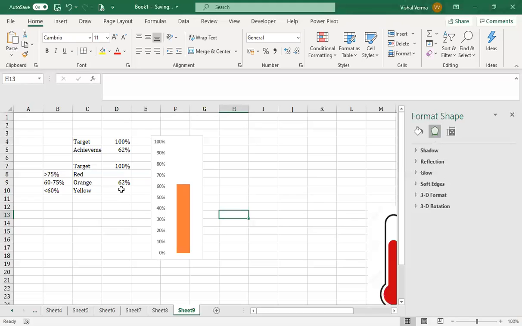If it's regularly changing, we can design it with the target that has been given, so it is achieved, underachieved. Whatever way you want to represent the data, the process of making this dynamic thermometer chart is just simple. It's a very simple chart to make. All you need is to work on the axis options. Okay, as with most of the charts in Excel, all you need is to properly understand where it will be the primary axis and where it will be the secondary axis, and then change the arrangement of the data.